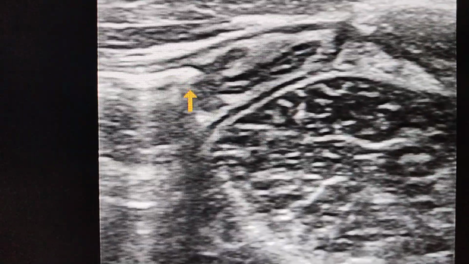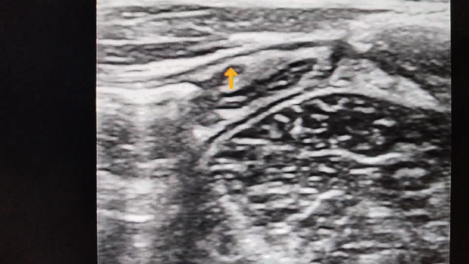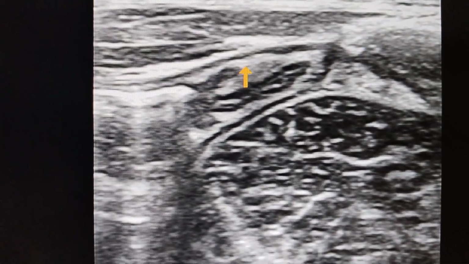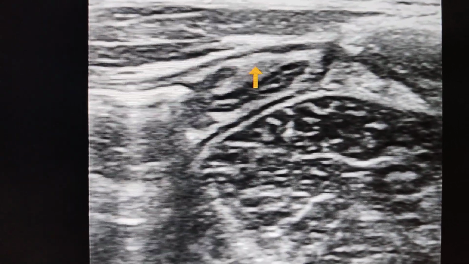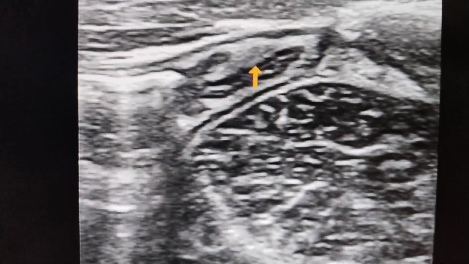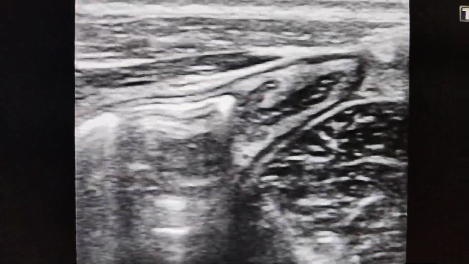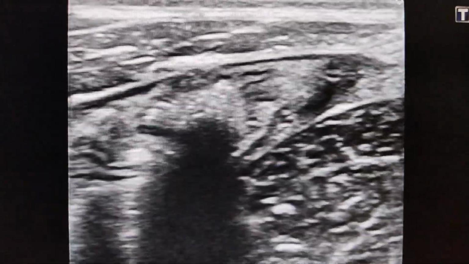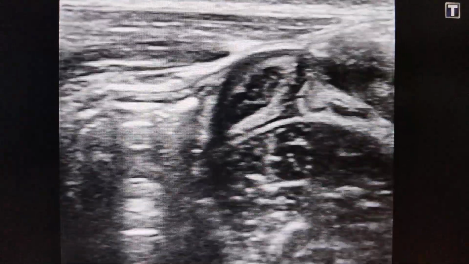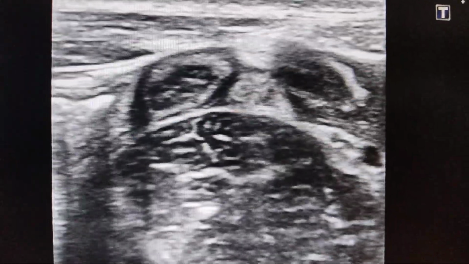The appendix is at its posterior and medial aspect, and this small portion of the gut loop is the terminal ileum, that is passing anterior to the appendix. So as I was suspecting, this was the case of appendicitis,